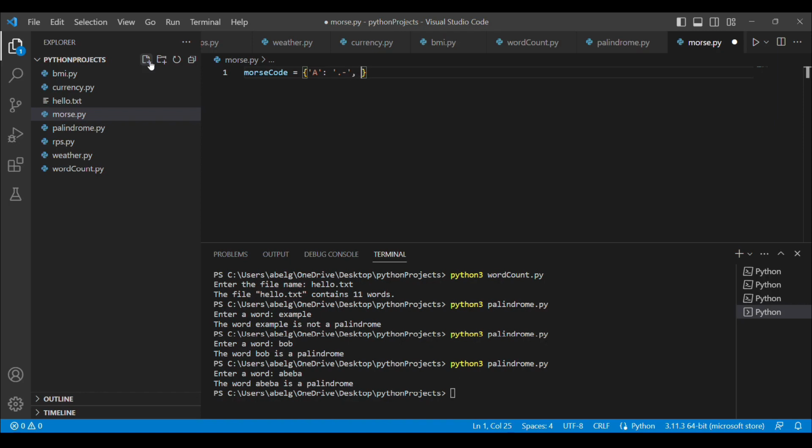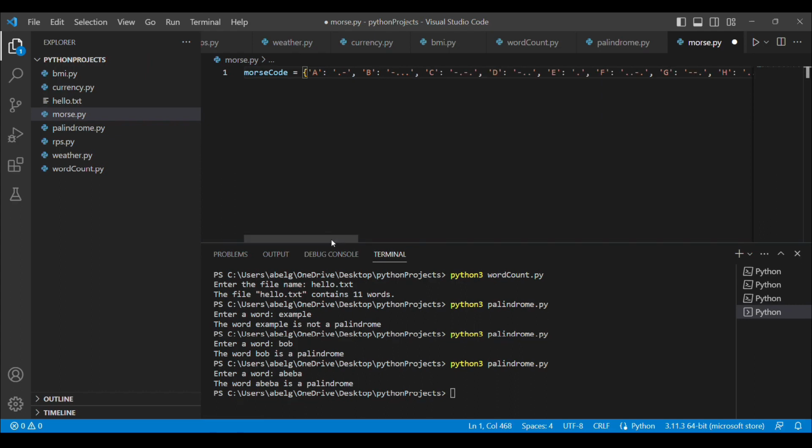So this is the first element. We could have also B as the key, and its corresponding Morse code is going to be the value, which is slash followed by 3 dots. As you can see, we can do the rest. So in order to save time, I'm just going to copy and paste the rest. I've copied and pasted the rest of our dictionary.